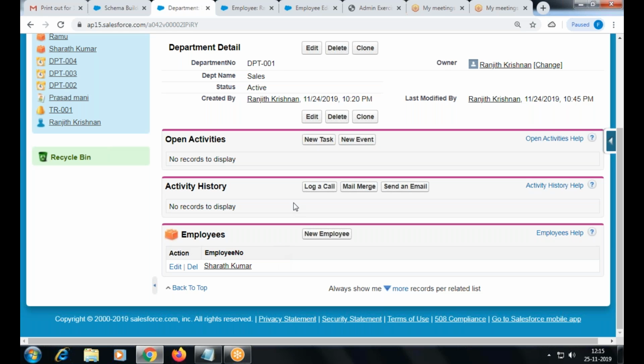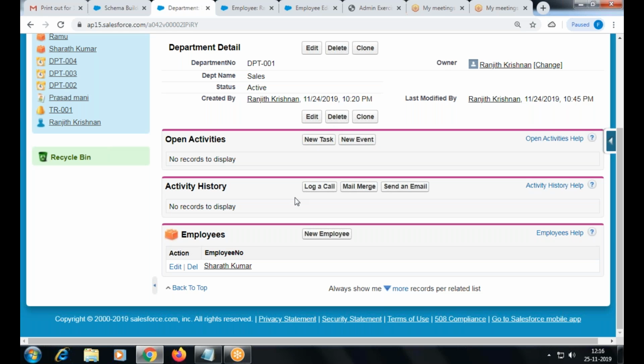So when you delete the child without deleting a parent, you delete only the child. The child goes to the recycle bin. It doesn't have any relationship. Got me? A child cannot exist without a parent. So it's like a permanent deletion. When you delete the parent, then the child doesn't have a relationship. The child will also get deleted.